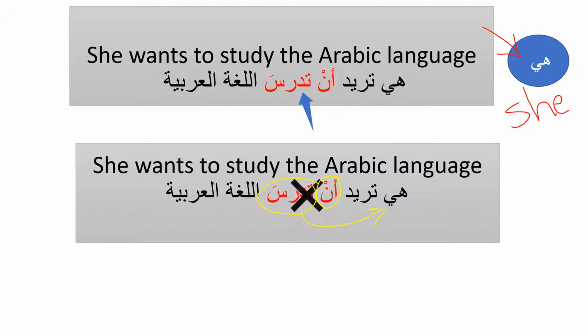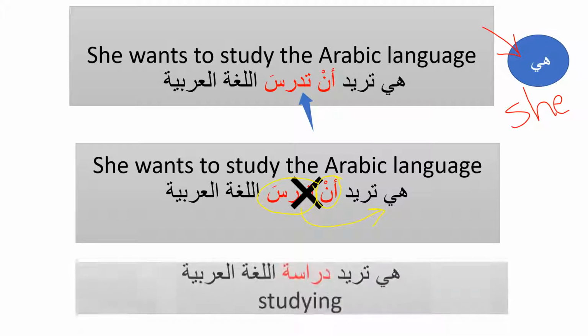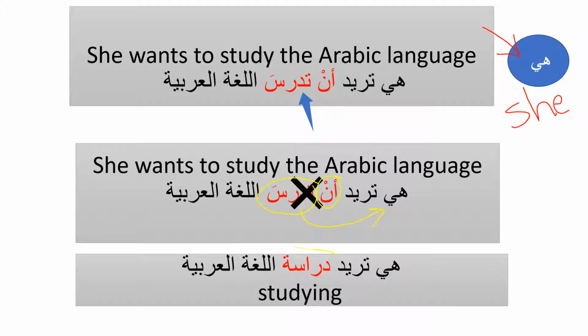Now what we can do, instead of أن تدرس, if I like to use مصدر, then هي تريد دراسة. You see, I did not change المصدر دراسة. With هو, I said هو يريد دراسة. With أنا, I said أنا أريد دراسة. With any other pronoun, you never change المصدر. So again, both of them are correct. You decide which one you like to use. But again, you have to follow the rules. If you want to use أن, then we need the present tense to follow right away. If you don't want أن with the present tense, then use مصدر.